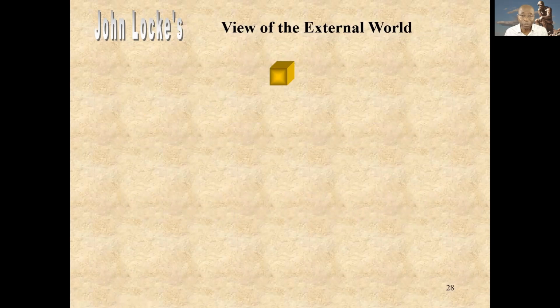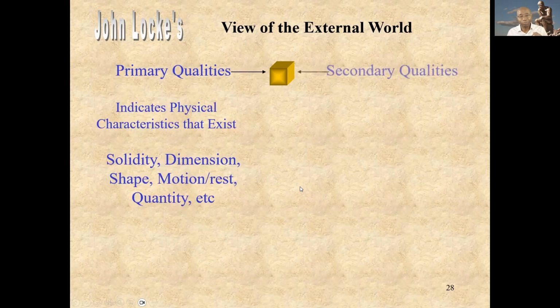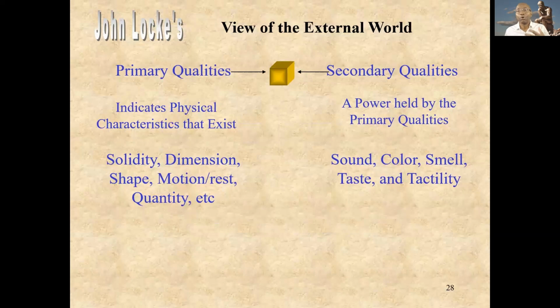Look at any object in the world. Objects can be seen through their qualities. Their qualities are primary qualities and secondary qualities. Primary qualities deal with the solidity, the dimension, the shape, the size, the weight of an object. And the secondary qualities deal with the color, the sound, the smell, and the taste. We have different names for these things because